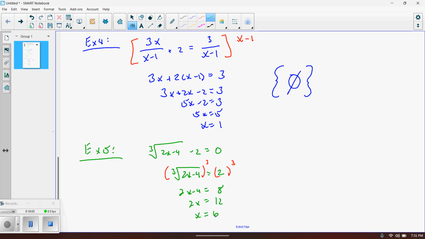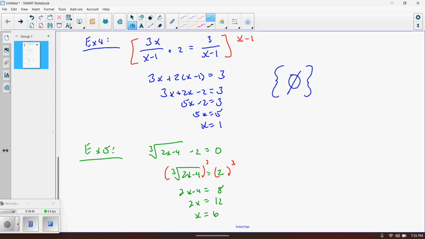Now, we did start off with a root or a radical equation. It is necessary in most cases to go back and substitute your value and check to make sure everything works. More specifically, it's going to be an issue when you have even-powered roots rather than odd-powered roots. The odd-powered root, again, assuming we did all the math correctly, should work out. But it's a good practice when you're going from a radical equation and then simplifying it to a linear equation to solve it, to go back and check it, no matter which kind of a root it is,